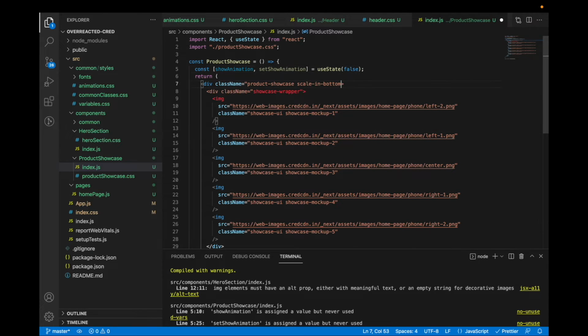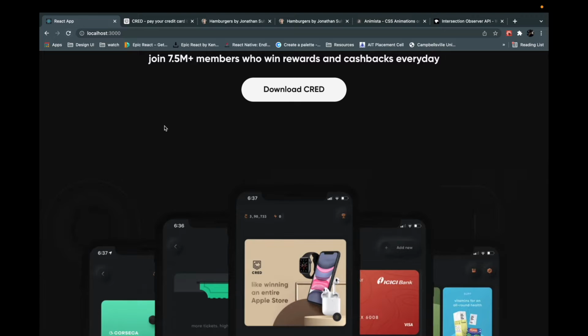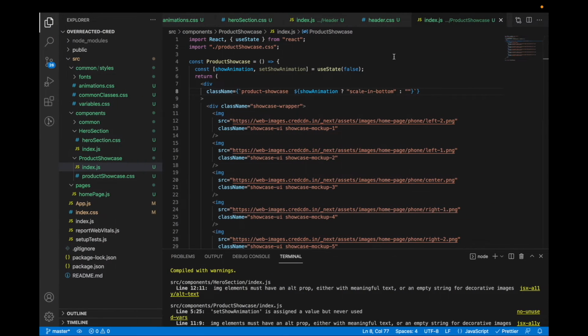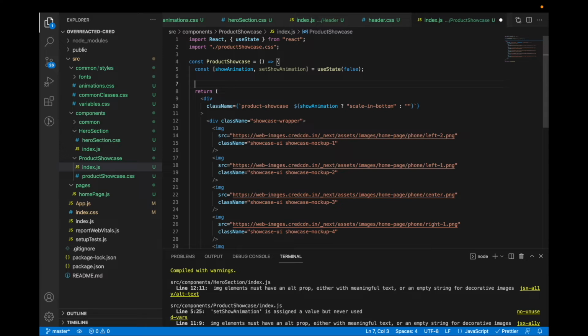And again, I'll remove this string from here and convert it into a template literal, and then I'll pass this in the variable. If show animation is there, then only scale in from bottom, otherwise don't. So this is the clear instruction to our code base now, which means there will be no scale animation because it is by default false. Now how intersection observer API works is, we call it like this. We declare a constant, let's call it observer, is equal to, we use the new keyword and we call it